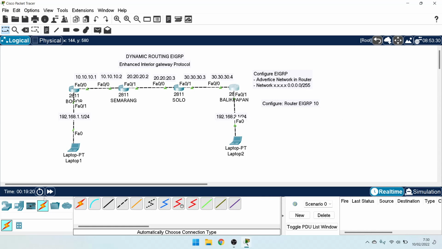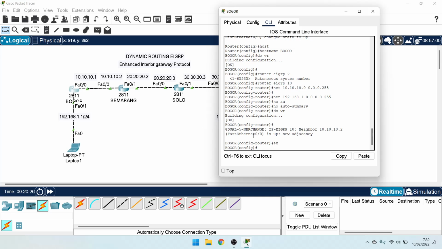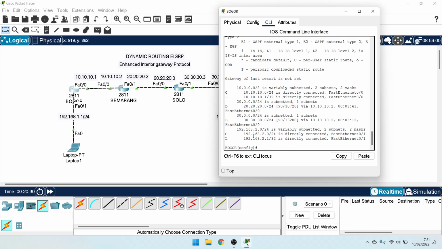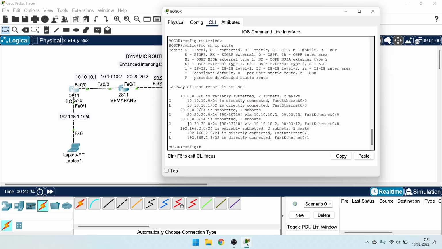Okay, finish. To show the IP route in the router, the syntax is do show ip route. Yes, in the routing table there is the flag D. D is EIGRP.